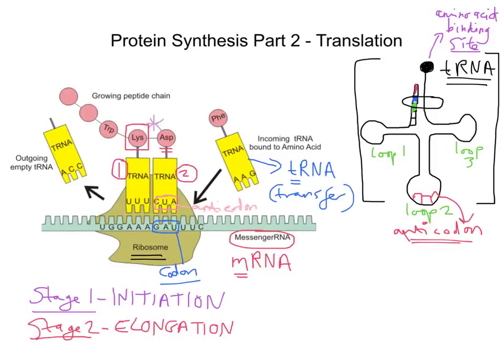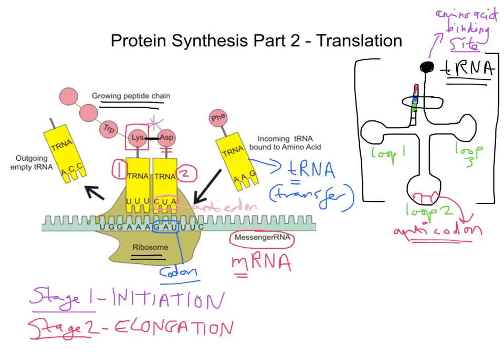And as I said, when the 2 tRNAs are next to one another, we get this peptide bond forming between the 2 amino acids. And once that peptide bond has formed, tRNA number 1 can essentially then detach and come away, because the amino acids will be held together in our growing peptide chain. That's what our primary protein sequence is, essentially. It's just this growing polypeptide chain of amino acids, leaving just a tRNA molecule, and that tRNA will come off,